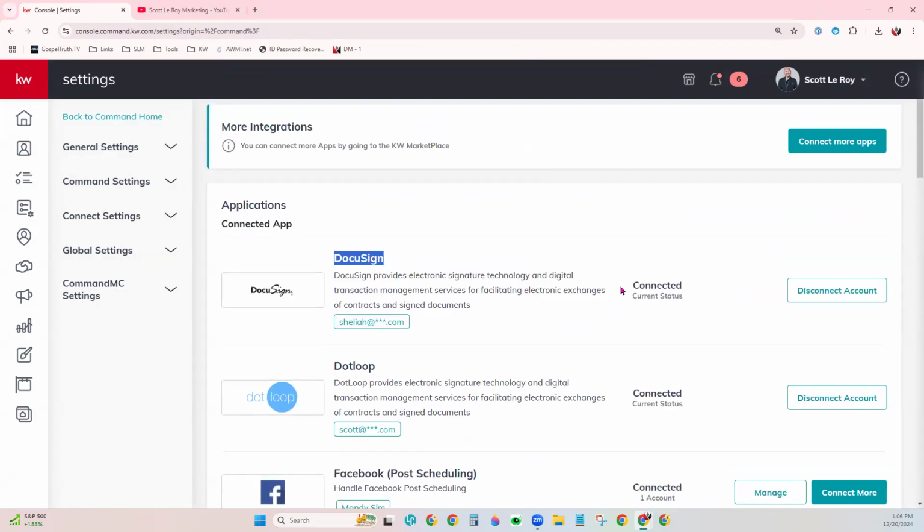It shows DocuSign and shows connected status again. This is what you're looking for. Okay? If you have any trouble getting to this particular point right here, just let us know. We're happy to help. Now that DocuSign is linked to your command, you would want to start jumping in